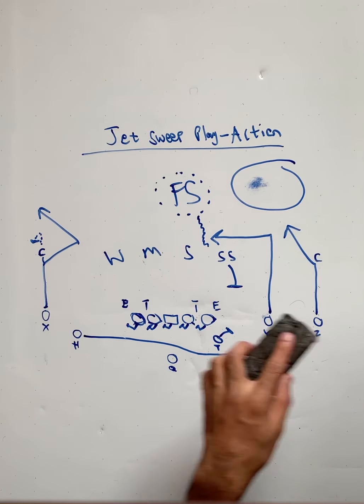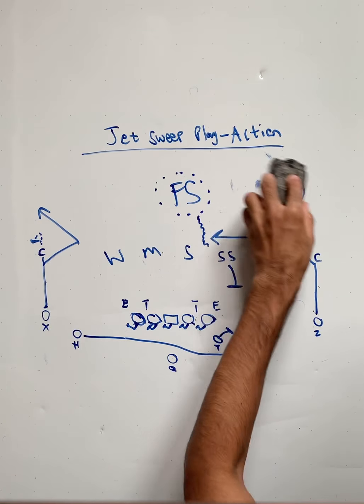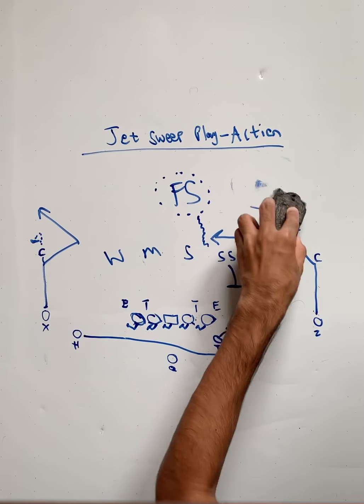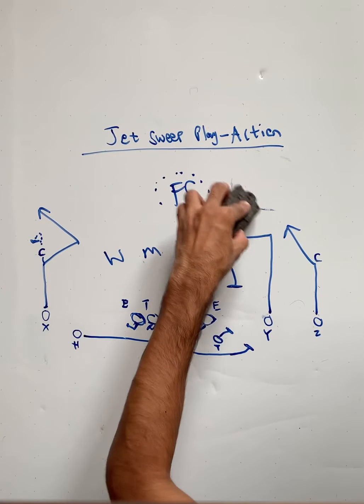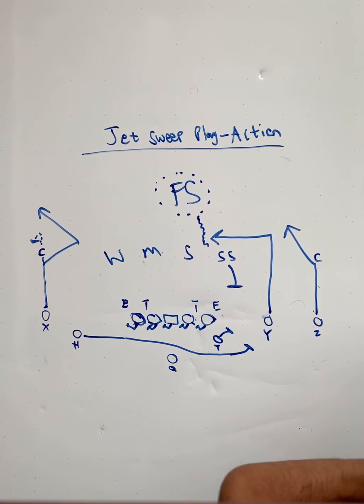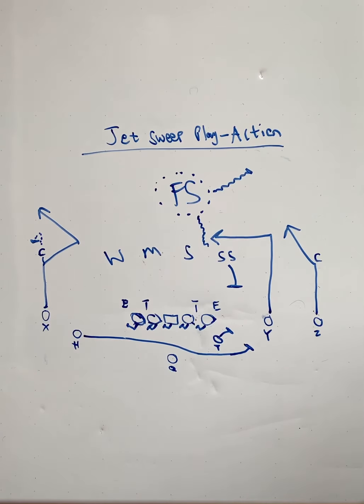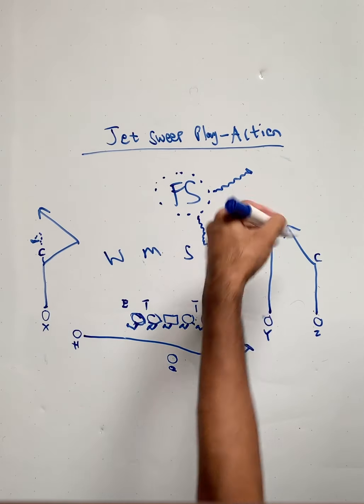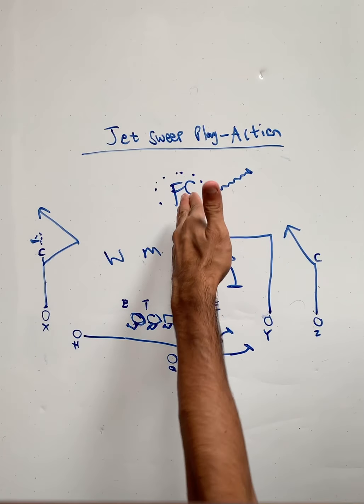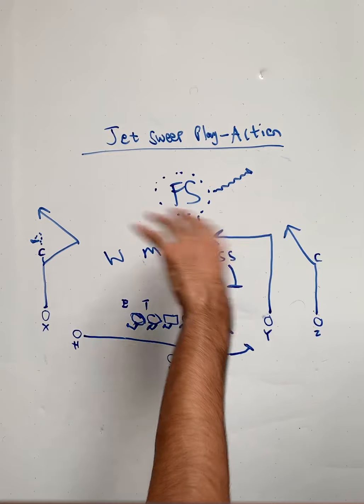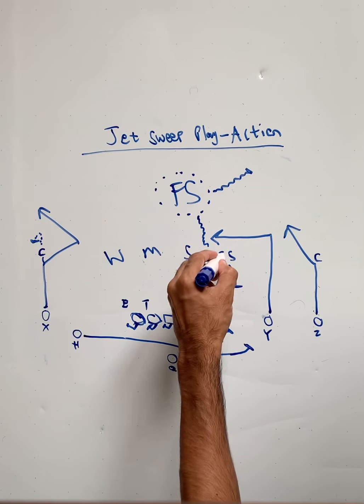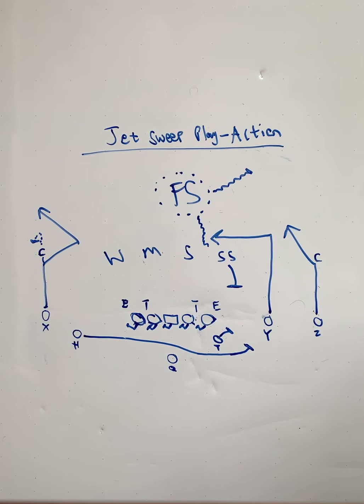Now, if the free safety does not creep, and he understands that they've got enough people down there in the box, and he needs to play center field, and he goes out here, right? This hole is no longer there, but now this middle of the field area has been vacated, and this strong safety has pulled. So now what you see is,